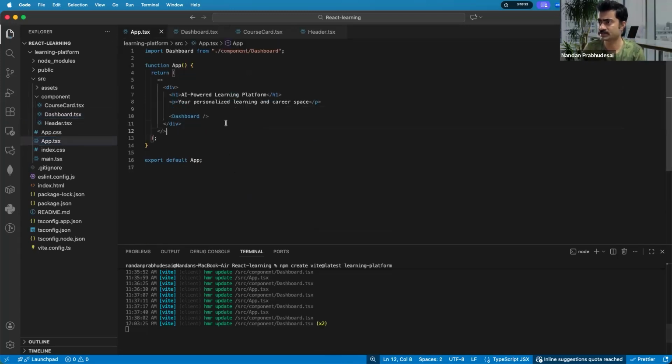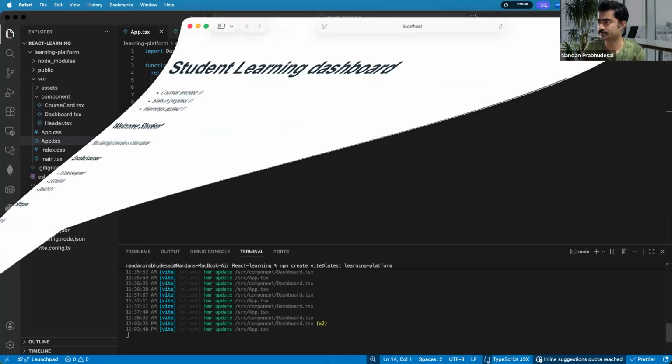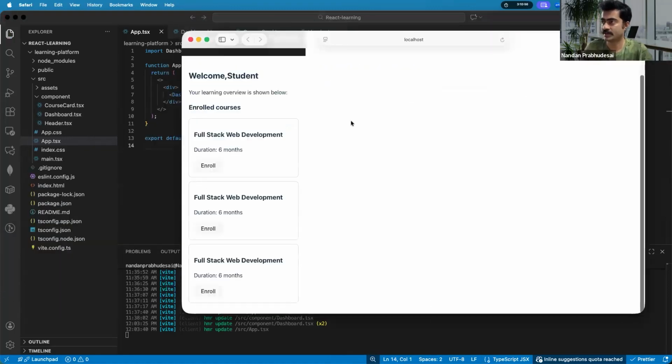In my app.tsx, I have this AI powered learning platform. Okay, let me remove this because this will also come from our dashboard now. And yes, this is my dashboard. Let me open my web page. Yeah. And as you can see,